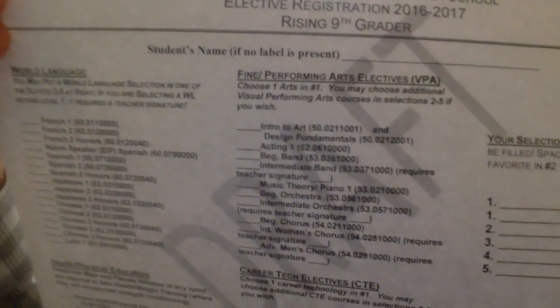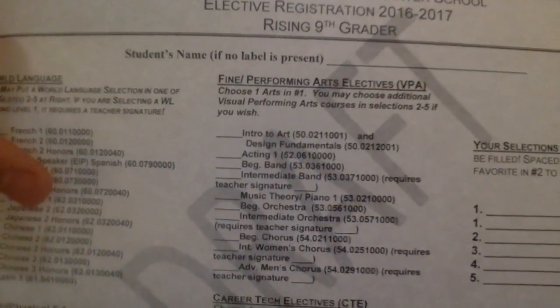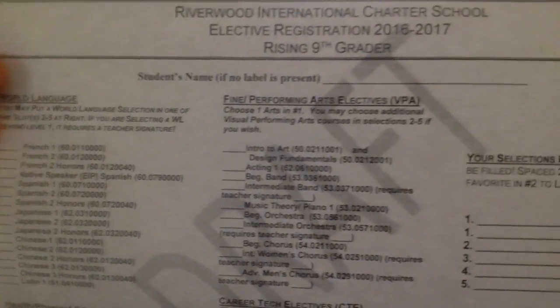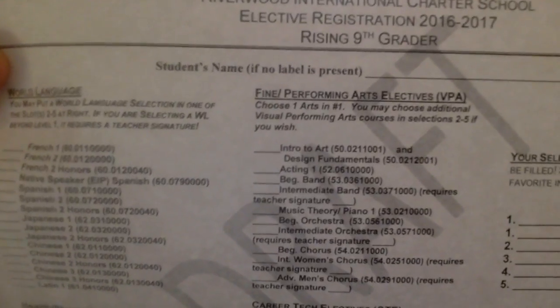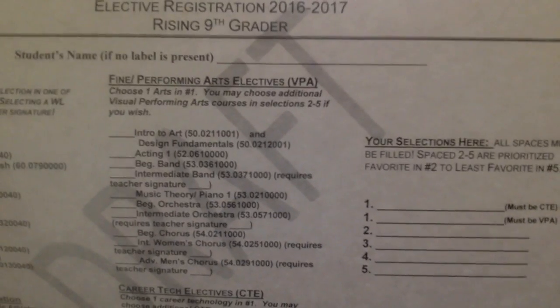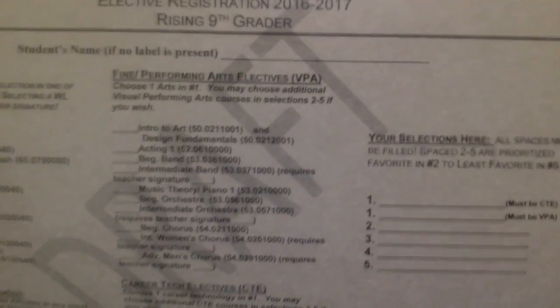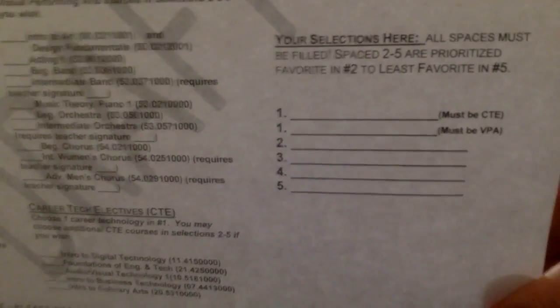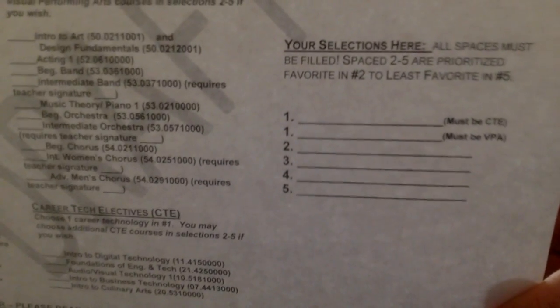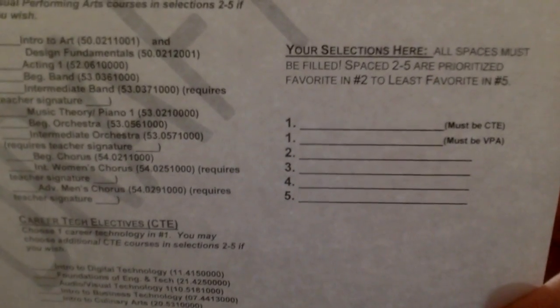Now on the back of the card, the students will have an opportunity to look at the elective offerings and then to make their choices. So what you can see on here as an example, this is 9th grade again, they have world language offerings, they have fine arts and performing arts offerings that we call VPA, they have career tech offerings that we call CTE, and then on every card there's going to be an area for students to write down their prioritized list